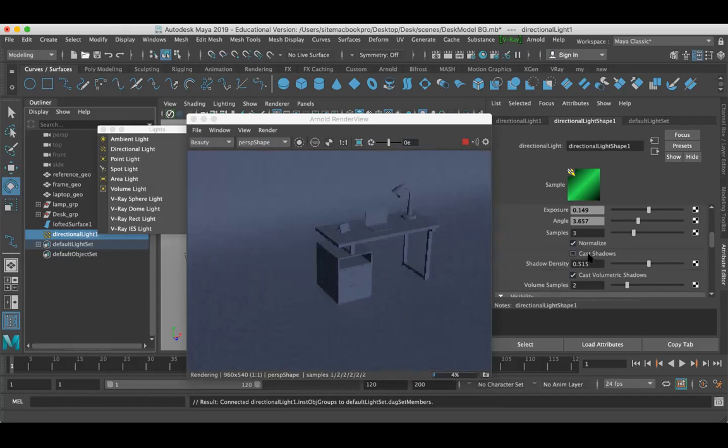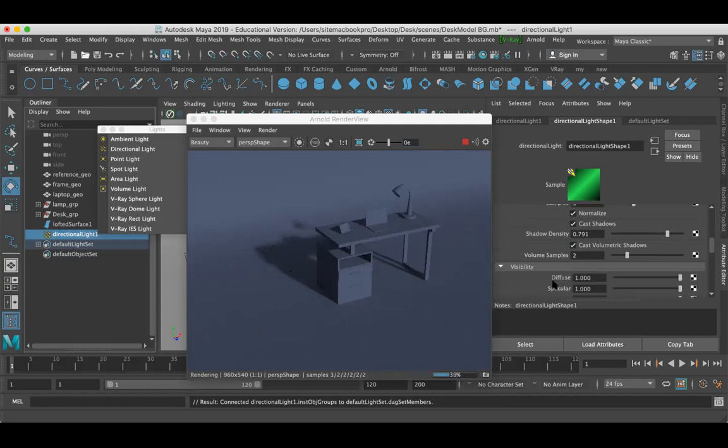And if I disable this cast shadow, if I turn off cast shadow, that means the shadow from the scene will be deleted. If I enable cast shadow, the shadow will be enabled in the scene. So this light can cast shadows. Here I can increase the shadow density some more. Yeah, 0.7 is a proper one. In the real world, we don't have a sharp shadow. We will have a soft shadow. The shadow is always soft.